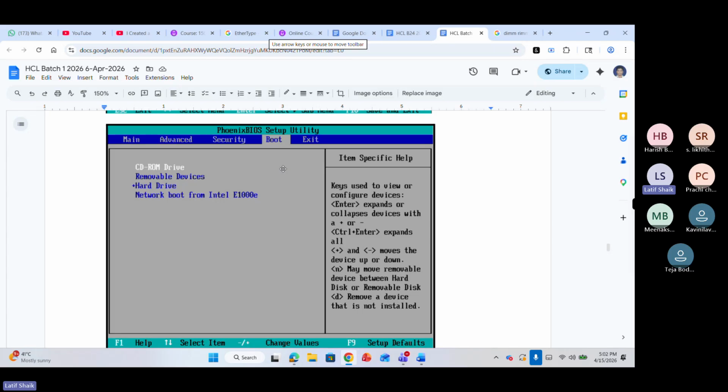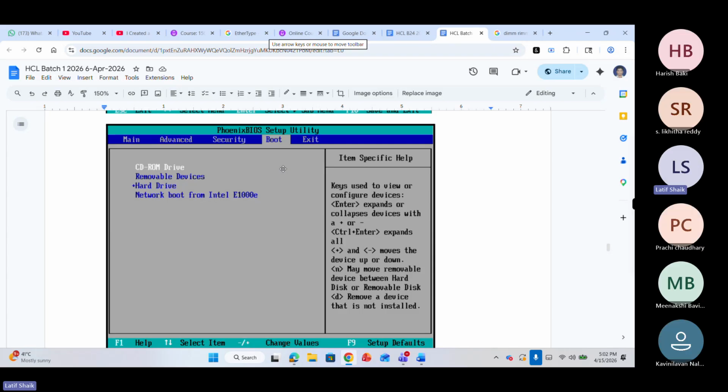The first one is the CD-ROM, the CD drive. So it checks whether there is any bootable CD or bootable DVD inserted in the CD-ROM or DVD writer, meaning an OS content CD or OS content DVD. If it is there, it loads the OS from that CD or DVD. If nothing is inserted, or maybe some CD is inserted but it is not a bootable one, not an OS content one,